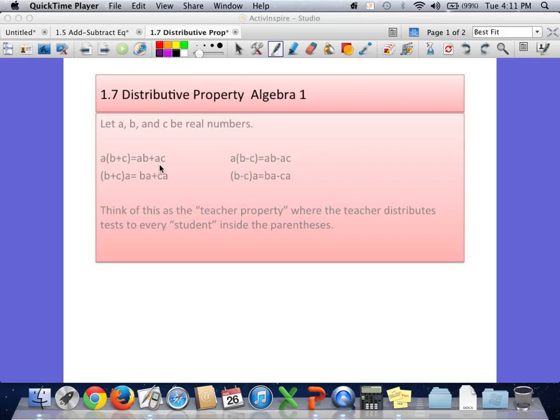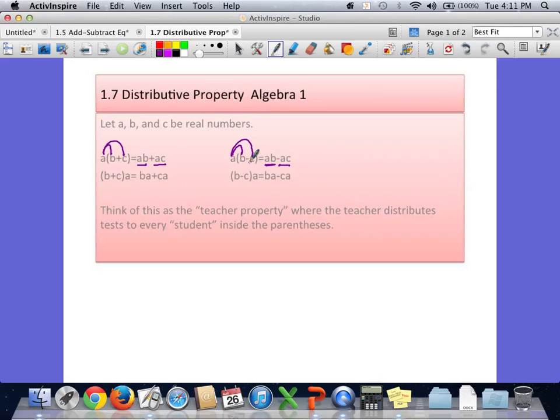equals AB plus AC. We actually are distributing this A through the parentheses, all right? So A times B gives you the AB, A times C gives you the AC. Because there's no plus or minus in between the parentheses and the A, that means multiplication. All right, so then you can also have A times the difference of B minus C, which will still be A times B, and then A times a negative C, which makes a negative AC. All right? So you're going to watch the signs in front of the variables or letters when you're doing this